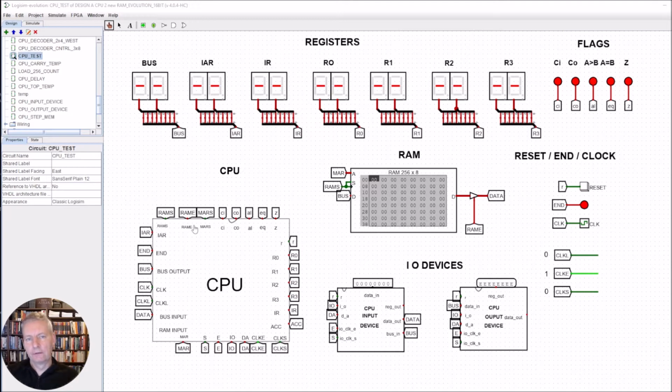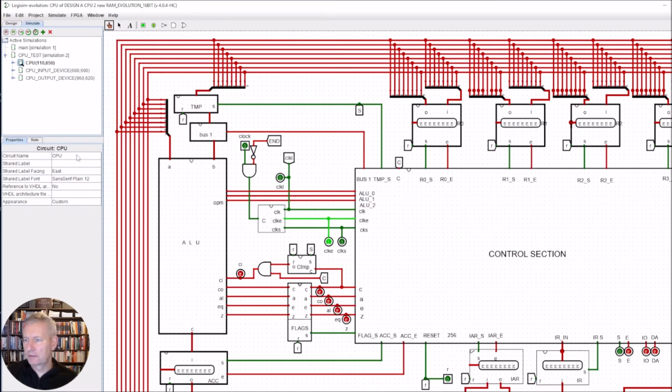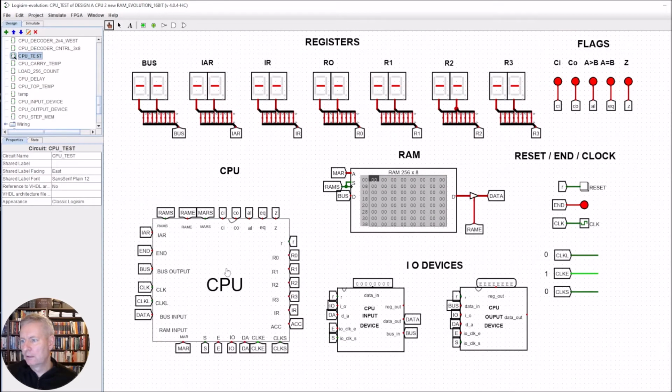Let's take the design from the last video and we'll generate a 16-bit machine with it. Now, it's not rocket science what we have to do here. Everything that is 8-bit now has to be 16-bit. So if you head into the design and you head up to the top level, you can see here that